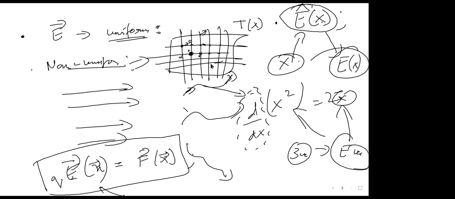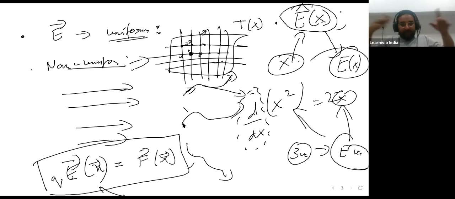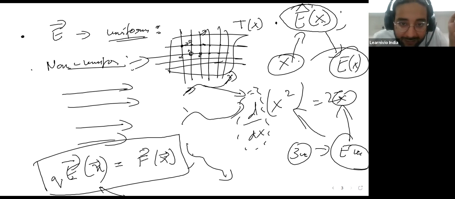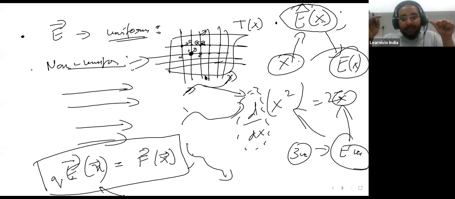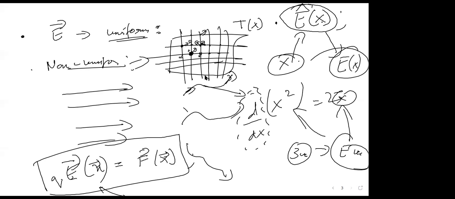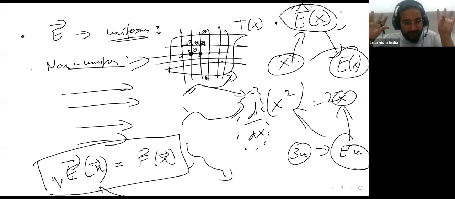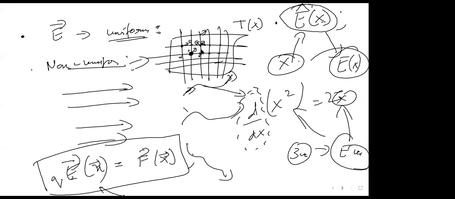Yes, sir. Similarly, when we're talking about an electric field, at every single point you will have a vector, and hence at every single point you will have a different direction as well, which will also be a field. So remember how we defined a field. A field is a function of space and time. That's a very simple definition of field. There are more complicated mathematical definitions of fields, but this is how physics people essentially define it. Make sense?